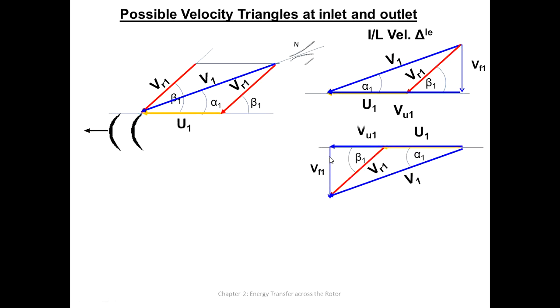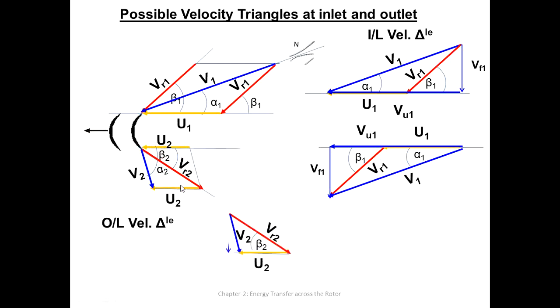This is how you can construct. In the opposite direction also you can do it. Similarly, at exit, the blade won't rotate in this direction, the blade will always be in this direction only. So beta 2, and then VR2, you got it, V2, you got it. This is the completion of a polygon. You got this velocity triangle. Your velocity triangle will be like this.